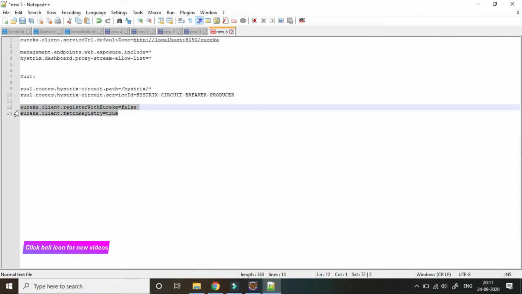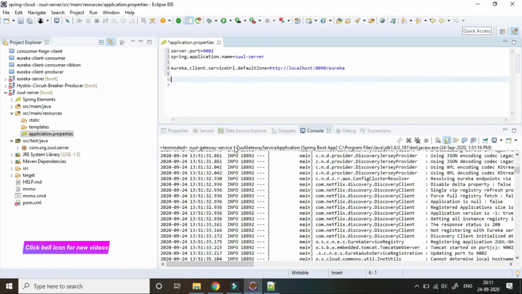And we will also add these two attributes.